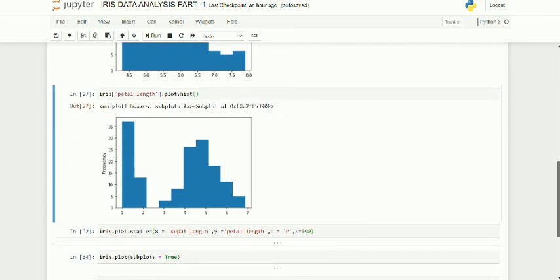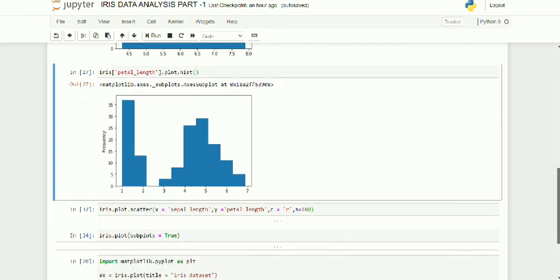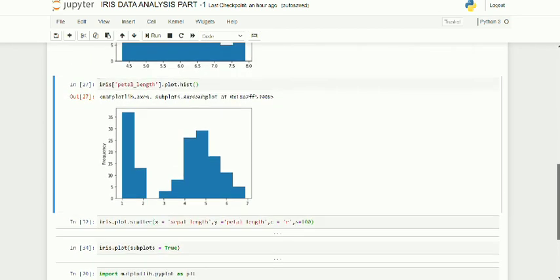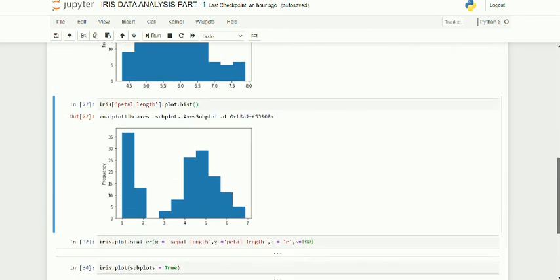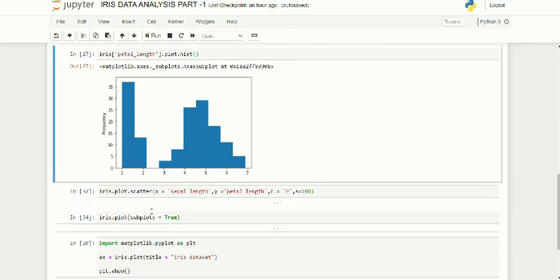And after that, we have to find the relationship between sepal length and petal length. Then we can call iris.plot.scatter with x value taking sepal length and y value taking petal length, and c stands for color, and in quotation I can write r. R means red, and size is 100.